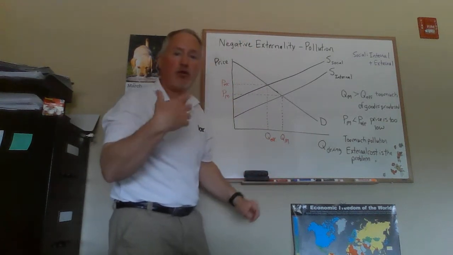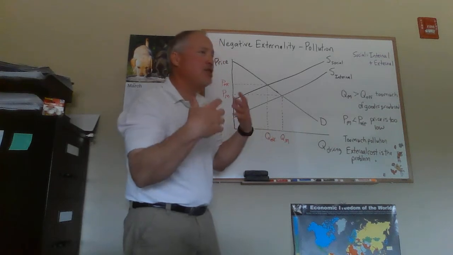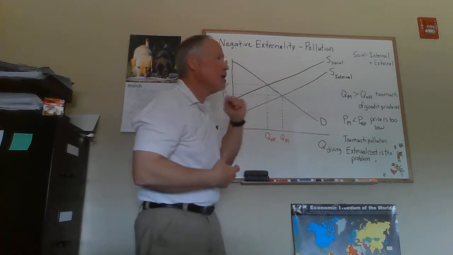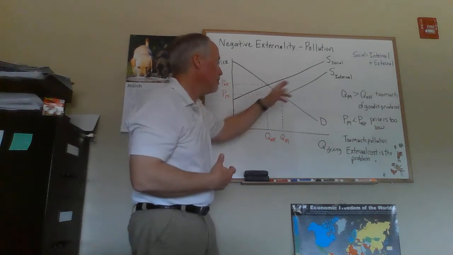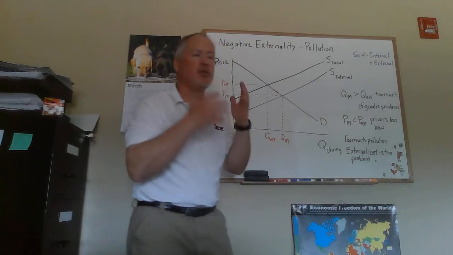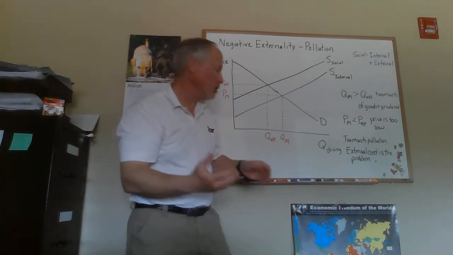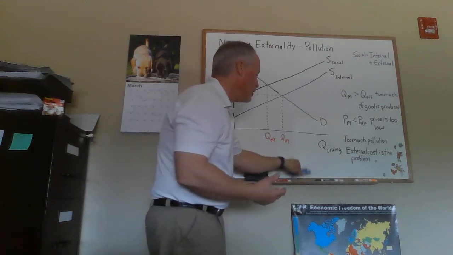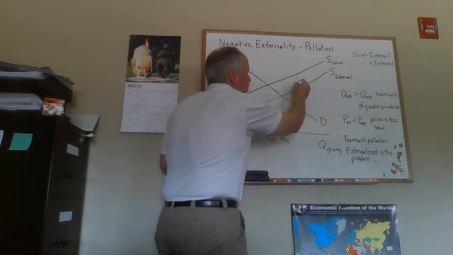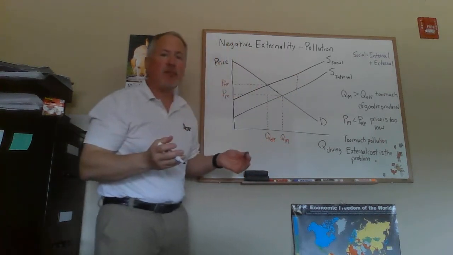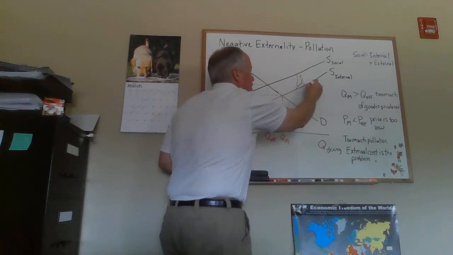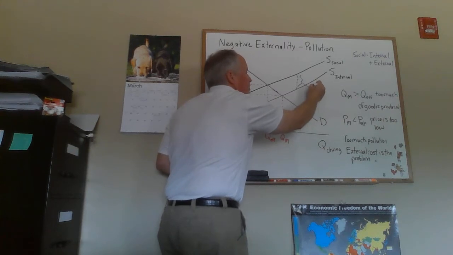All of the cost, the full cost of producing, all of the value of all the scarce resources that we have to give up to drive. And so we have this relationship. The social cost would be the internal cost plus the external cost. So that means if we're looking at a graph like this, the vertical distance between the internal and social cost curves would actually be the amount of the externality.